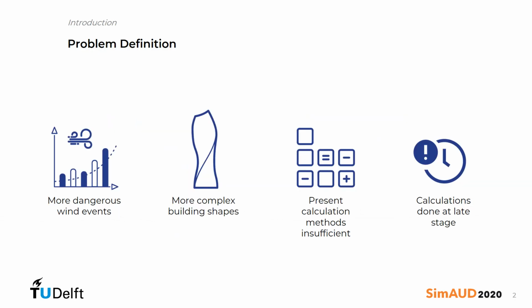What brought on this research was the realization of a few problems, first being the rise in dangerous and more frequent wind events due to climate change, as well as the prevalence of complex and unique building shapes, mostly brought on due to the rise in technologies such as parametric design and BIM. But the present methods for calculating wind loads, especially for these buildings, are not very sufficient. They usually focus on regular shaped buildings and can be quite complex, and thus they are done at the late